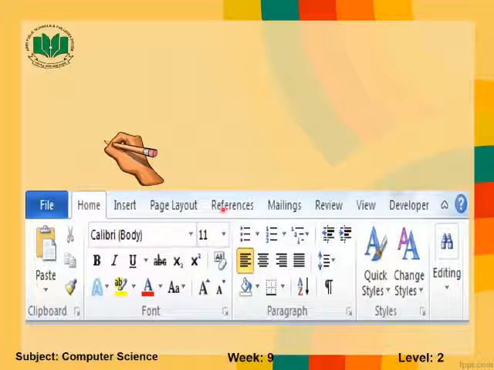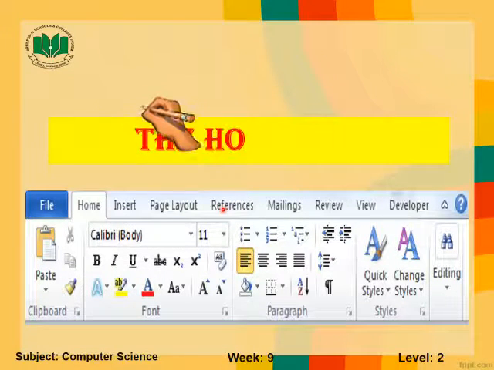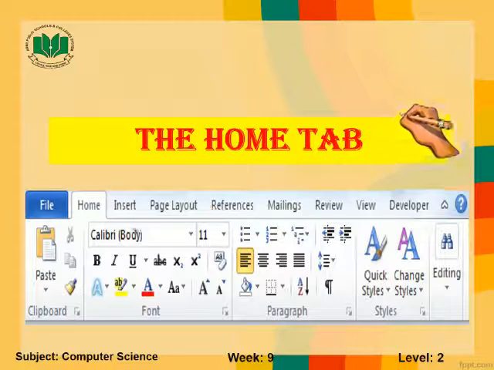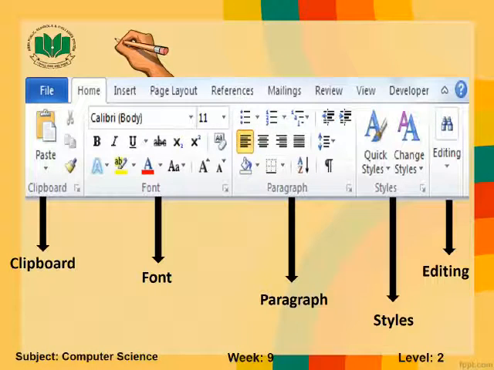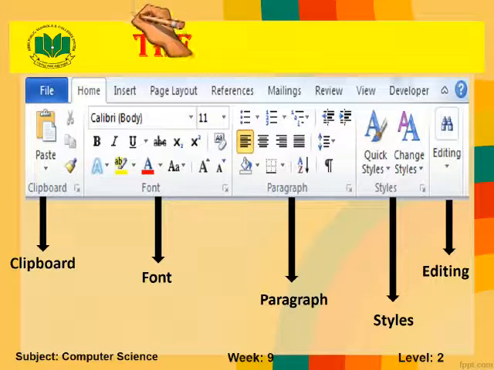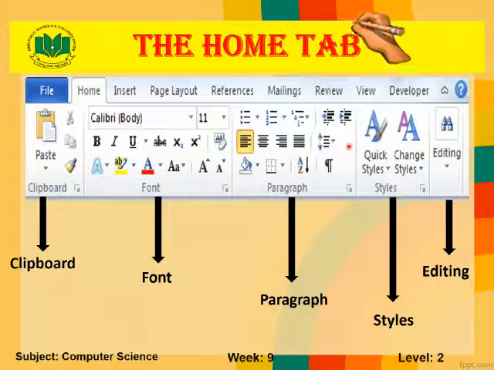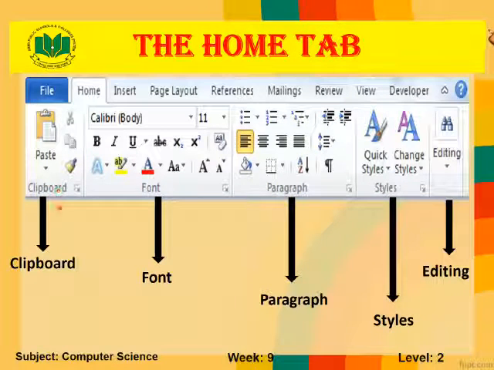Okay, now come to the next tab, and that tab is the Home tab. In this Home tab, we have many options. We can use the clipboard, we can adjust the font size, style, and colors from font options.